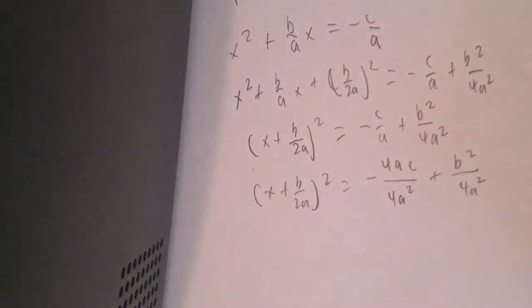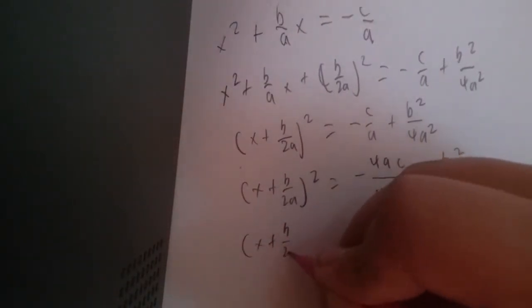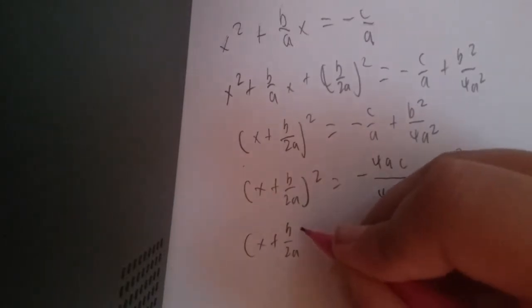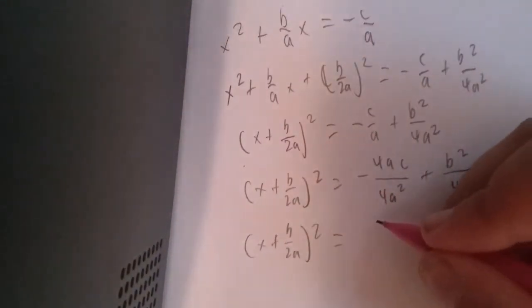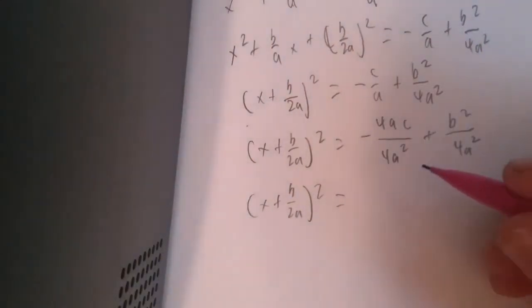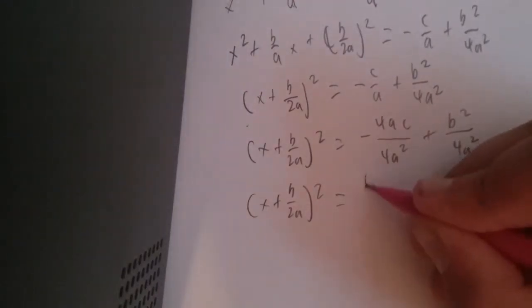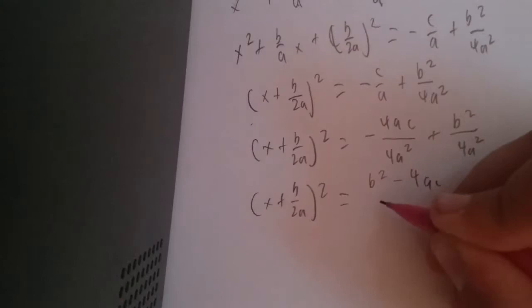And then you can simplify this by adding the two fractions together. So that is x plus b over 2a squared equals, this is where you first see part of the quadratic formula, and you see b squared minus 4ac, all of that over